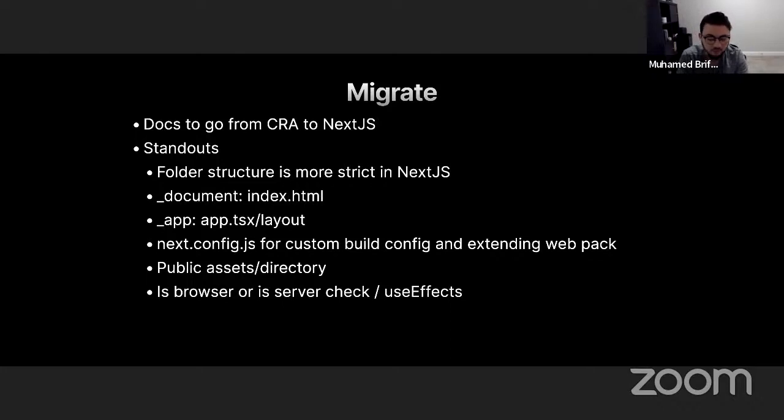And then finally, one of the most important ones is that because NextJS handles rendering in the server as an option, you basically have to go and check across your entire application for places where you are using the window, the DOM, or anything that the browser has, since the server itself does not have access to the window object or the document. So you basically have to put those into if statements, if-else statements, or into useEffects to say, hey, only run this check when you are in the client, not in